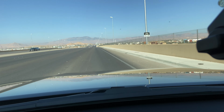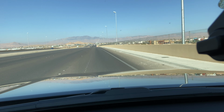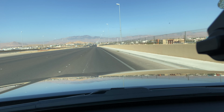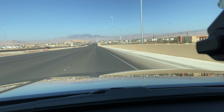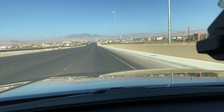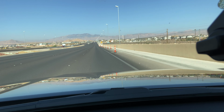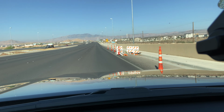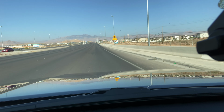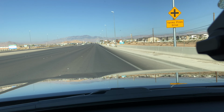I love the styling on this thing. It's very aggressive, but it's not so aggressive where it'll, you know, like, oh my God, this is a man's car, so only men can drive it. But I see everybody driving these, men, women, old, young. It's one of my more favorite cars that I've reviewed. As far as SUVs go,